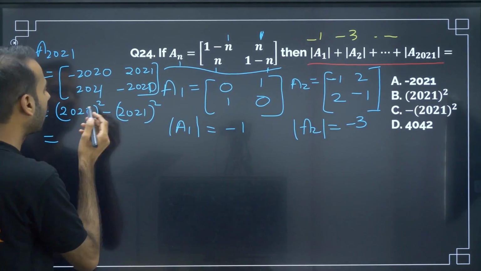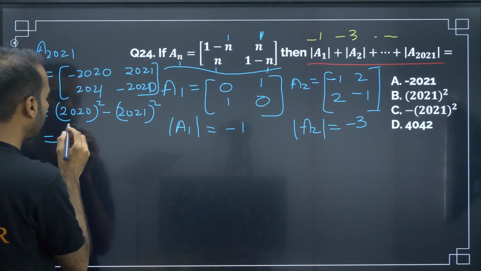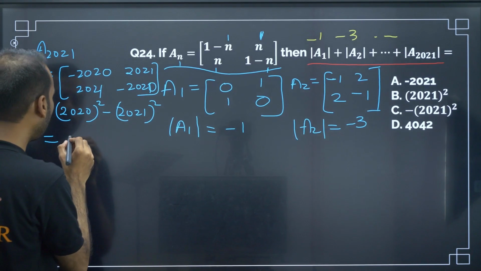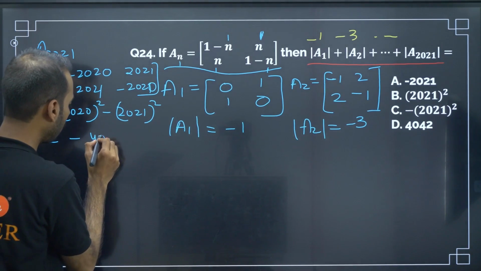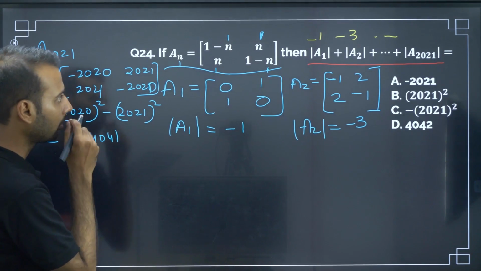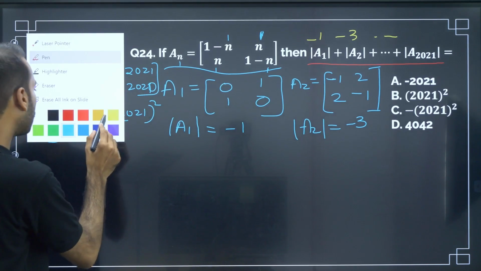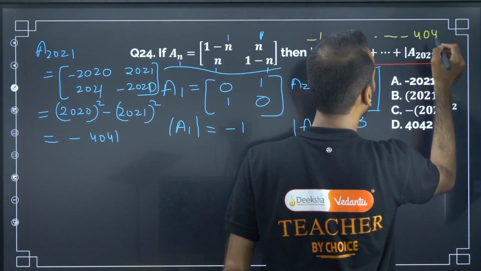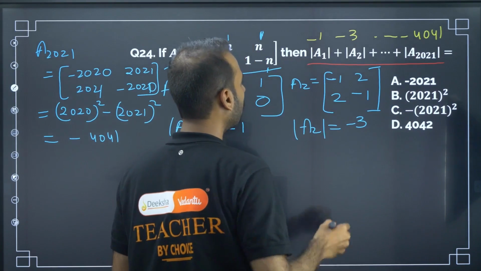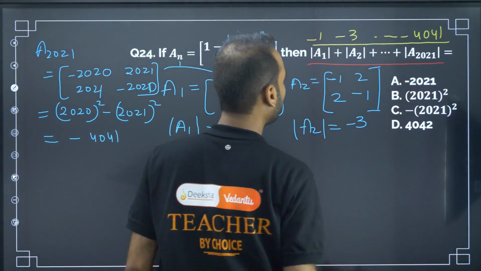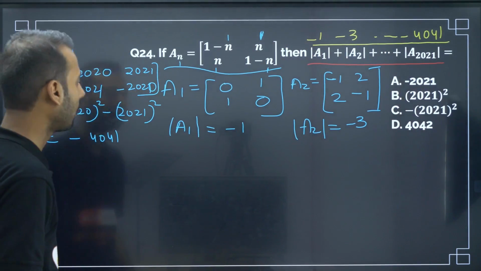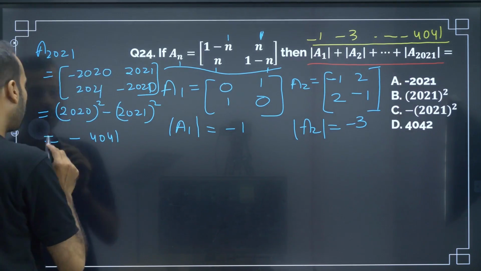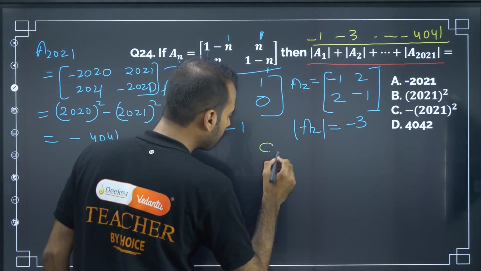So a square minus b square, a plus b, a minus b, minus 4041. So this goes till 4041, or else the sum of first 2021 odd terms is, one synopsis point I will write, the sum of